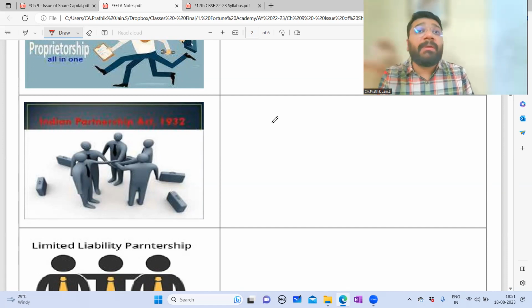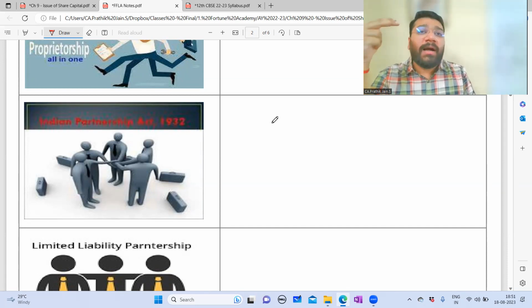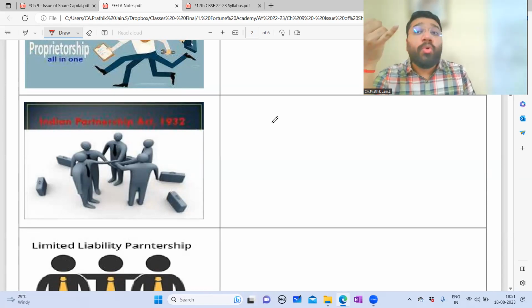So sometimes even 50 people are not sufficient to pool the money. We need more hands. We need 100, 200, 300, 500, 1,000 people to join hands together to form the business. So here again, the inherent limitation is the ownership. There's a restriction in the ownership. In the partnership, the maximum owners that they can form is 50. If you want to go beyond 50, then you have to look up to forming a company. So again, there is an ownership constraint.